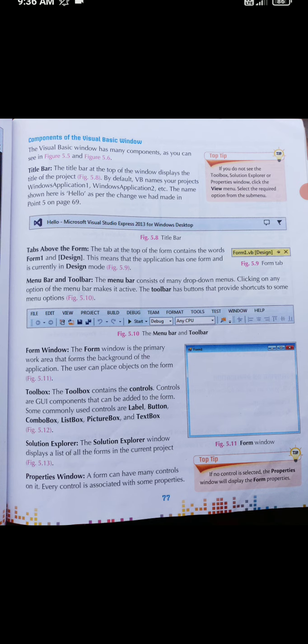In short, toolbox is a box where you will get different sorts of controls where we can make our project more attractive. Or you can say these are the shortcut ways how we can insert different sorts of combo boxes, pictures, labels, text boxes in our toolbox. Clear? And you can say that these controls are your GUI components.